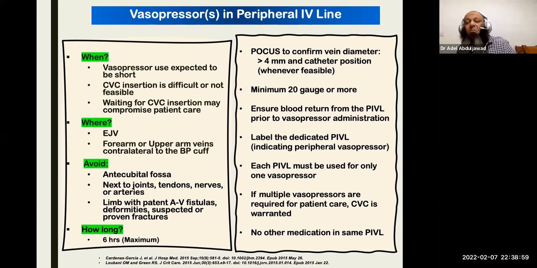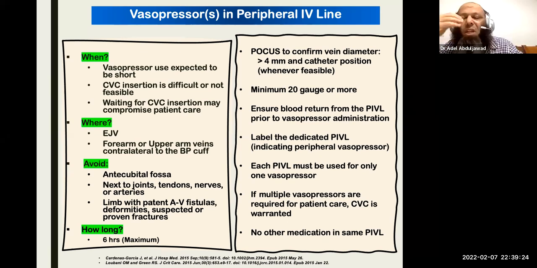Maximum, according to most of the literature, you should not extend beyond 6 hours. Point of care ultrasound may help you to confirm the vein diameter. Usually the diameter of the peripheral vein should be more than 5 millimeter. And the minimum gauge is 20 or more, so 18 or 20 or 16 if feasible, but do not use